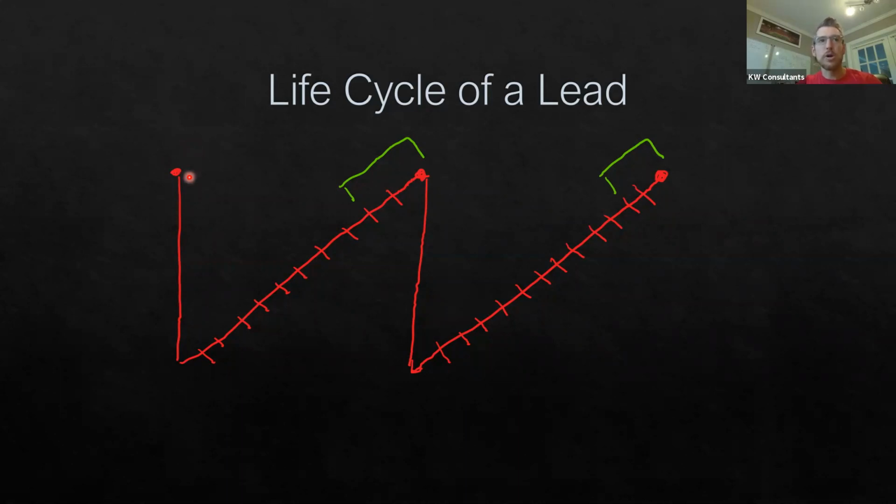So they bought a home. The next day is the time where they're the least likely to purchase another home, which makes complete sense, right? And then every single day after that, they get more and more likely to buy another home, and they also get closer to making that happen. What these tick marks represent on the line is where you're meeting them in that process.